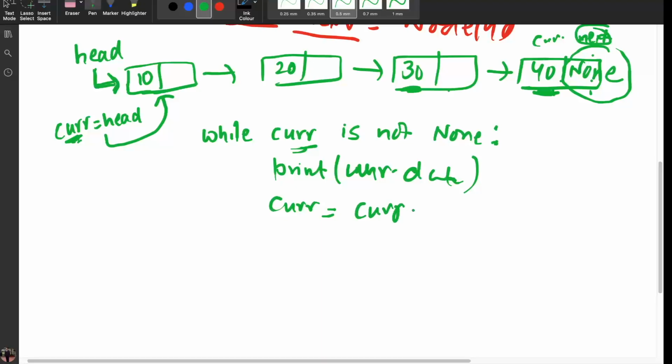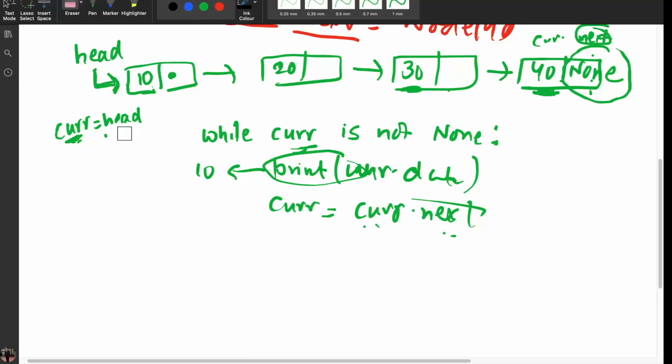and I will keep on assigning current to current dot next. For example, how it will work internally: current is pointing to here, it is not none, so 10 will be printed, and current will start pointing to current dot next. What is current dot next? Current dot next is pointing to here, so current will now start pointing to this. And then this is also not none,